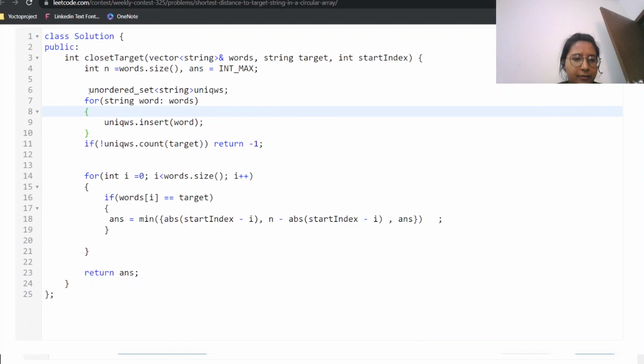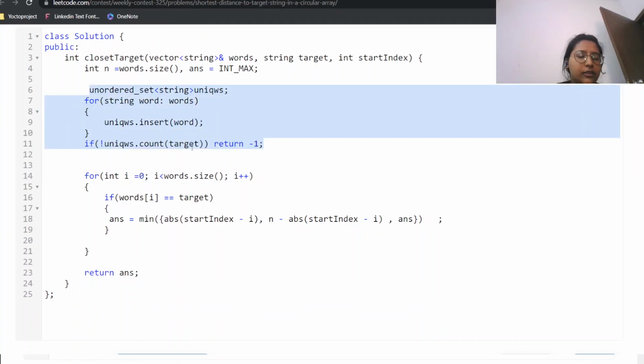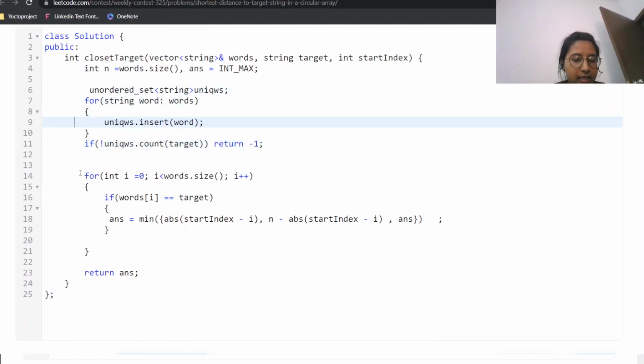But here I have used this unordered map, and sorry, set. And now the next thing is our main part. So first we are checking if the present word is the target or not. If it is the target, then what are we required to do? We are required to take whatever start index is given to us, and at whatever index we are at, we will be directly subtracting the same,